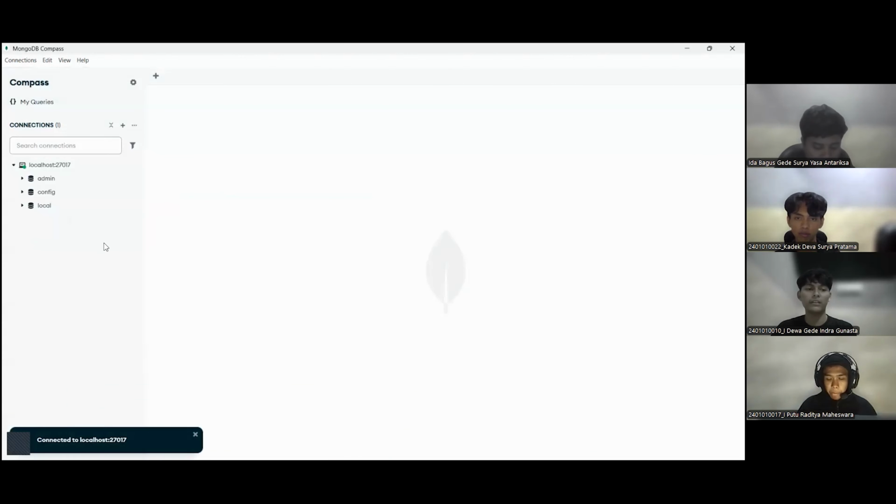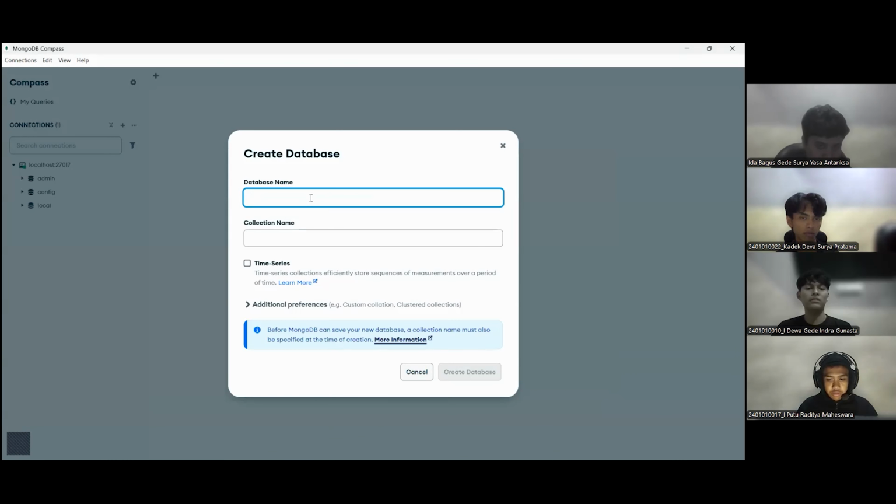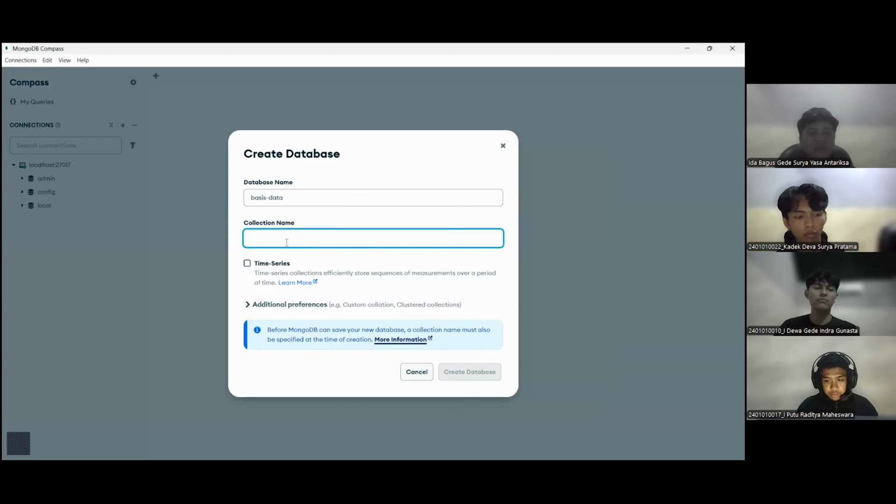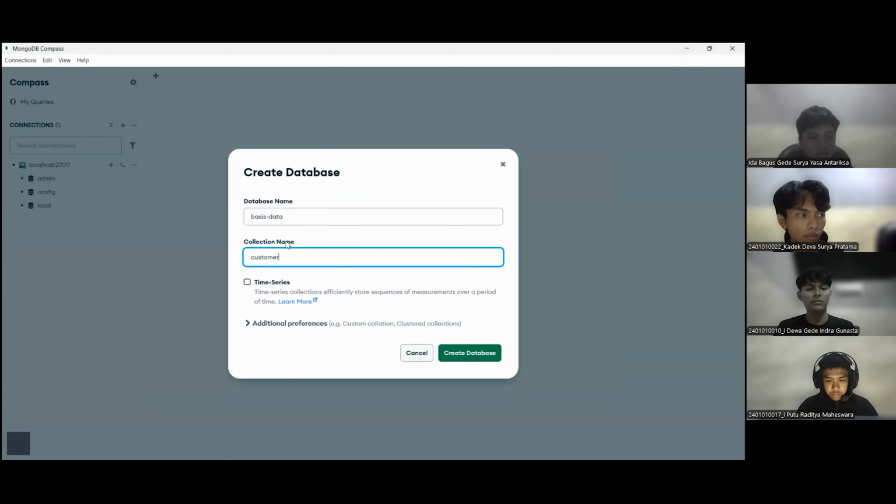Just save and connect, and then there are 3 databases here. You can edit them for yourself, whatever you want. I will edit the database name. Okay, collection name. I will add customer.